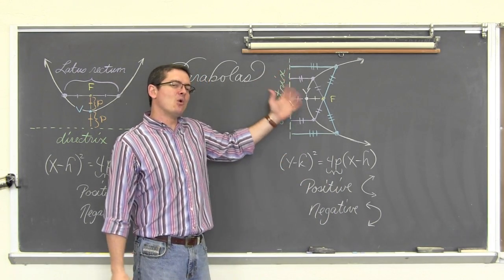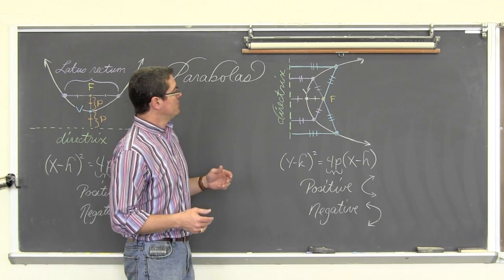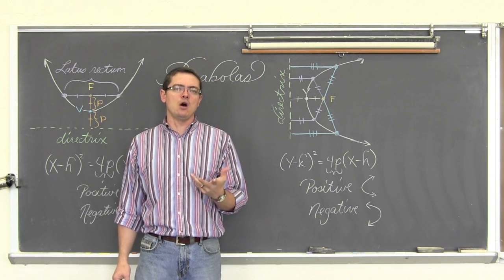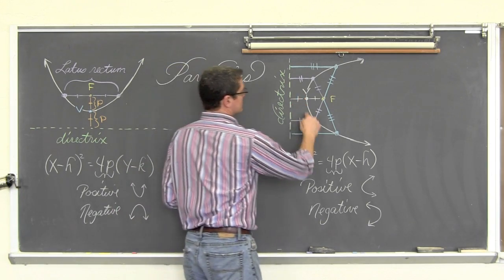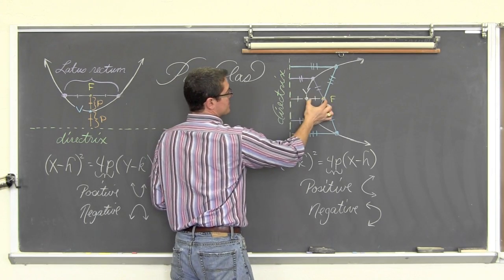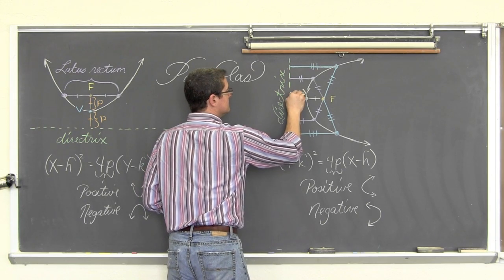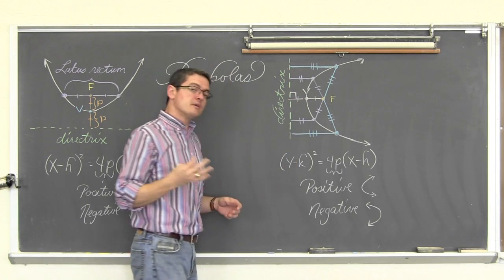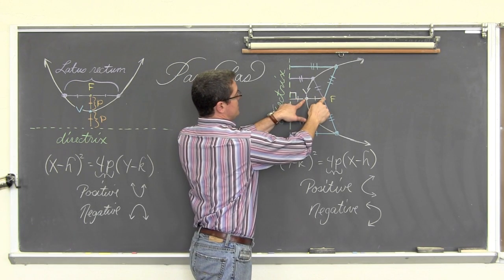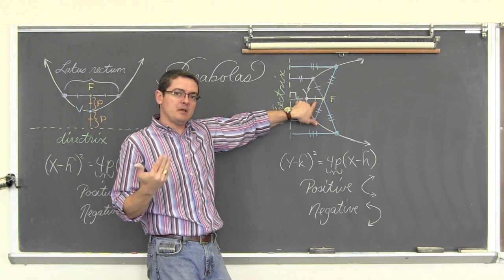Now over here we have a horizontal parabola, and I've drawn the diagram a little differently for you to show the relationship of what the focus and the directrix line do to help draw a parabola. Every point on a parabola, whether it's the vertex and that special distance where these two segments are perpendicular to the directrix line, those two distances are the measurement of p. So from vertex to the graph, and from the graph to the focus point, specifically going through the vertex, those two measurements are equal, and they both happen to be p.